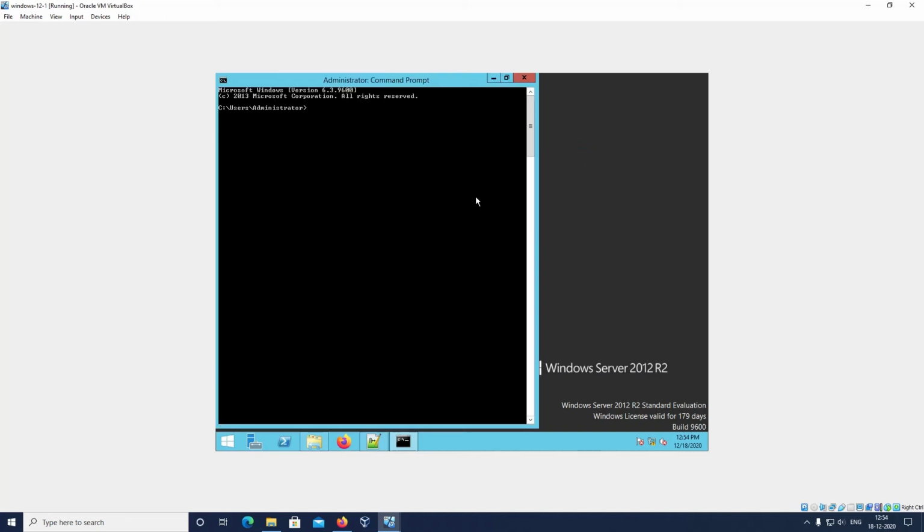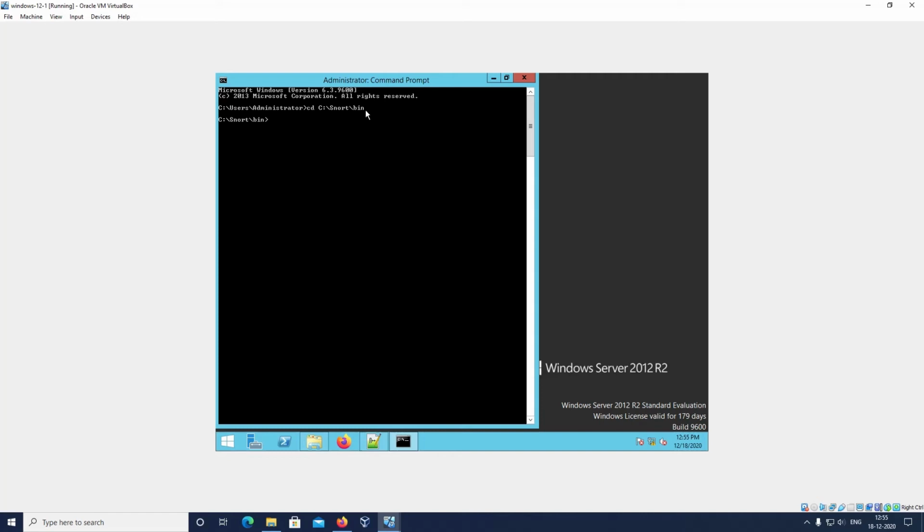In the command prompt, first you have to go to the folder: capital C, Snort folder. Snort slash bin is the path where Snort is installed, so we will go here to execute our commands. So C:\Snort\bin is the path.